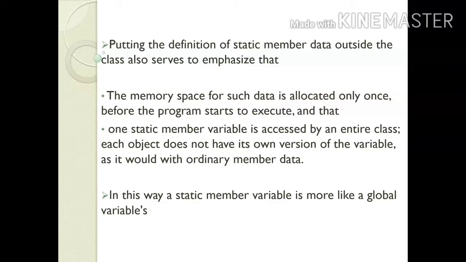Each object does not have its own version of the variable, as it would with ordinary member data. In this way, a static member variable is more like a global variable.